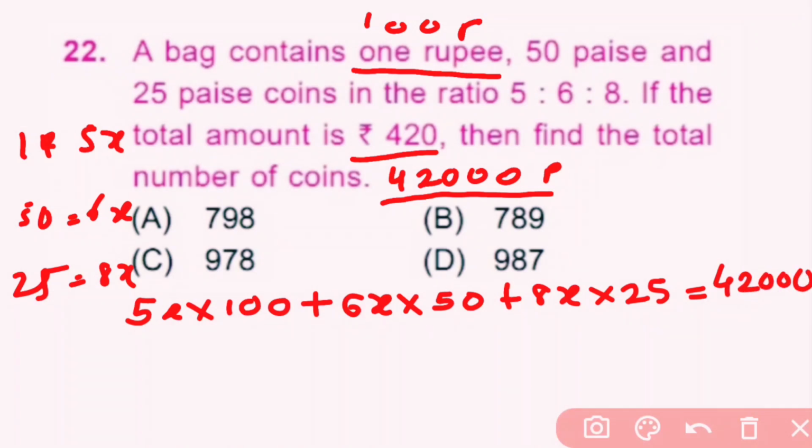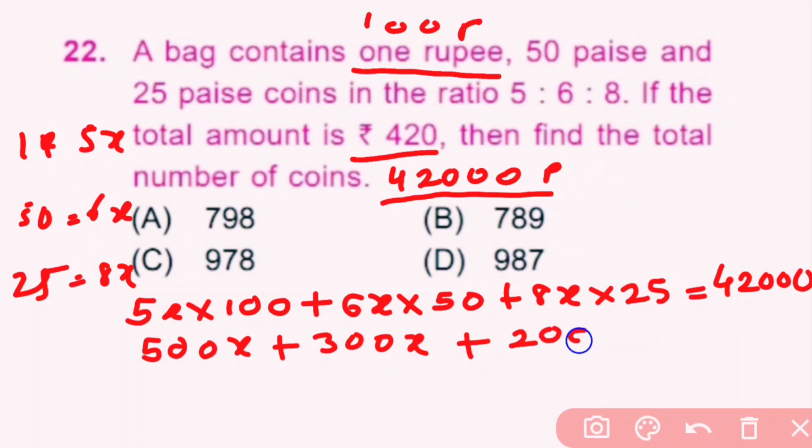So here 5x into 100 is 500x plus 6x into 50 is 300x plus 8x into 25 is 200x is equal to 42,000. 500x plus 300x plus 200x is 1000x is equal to